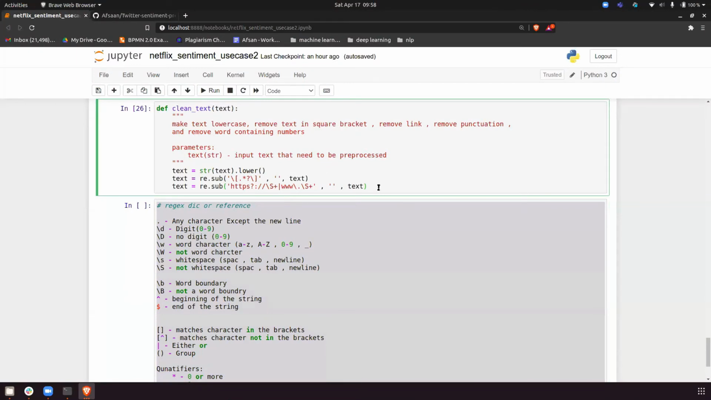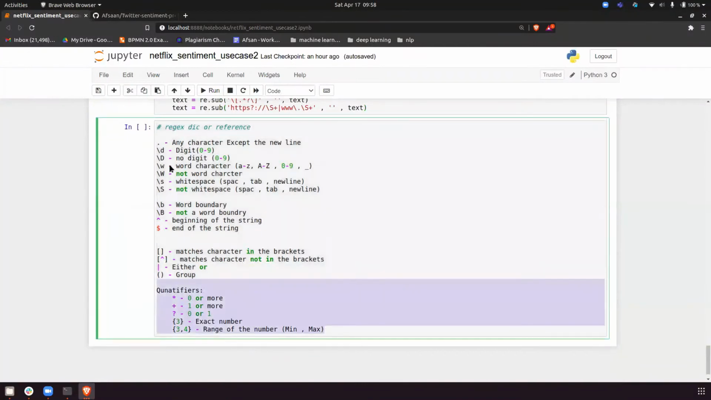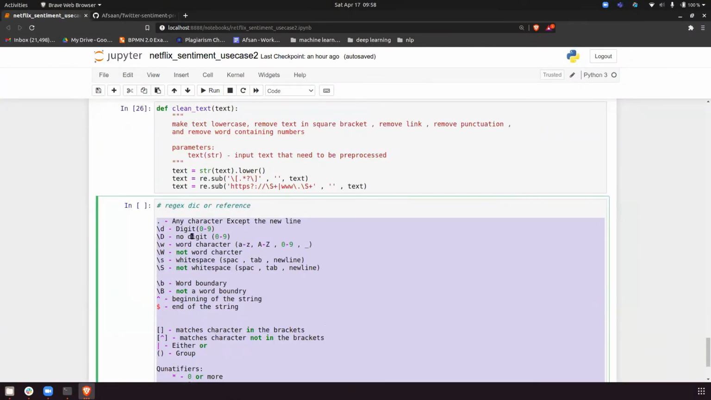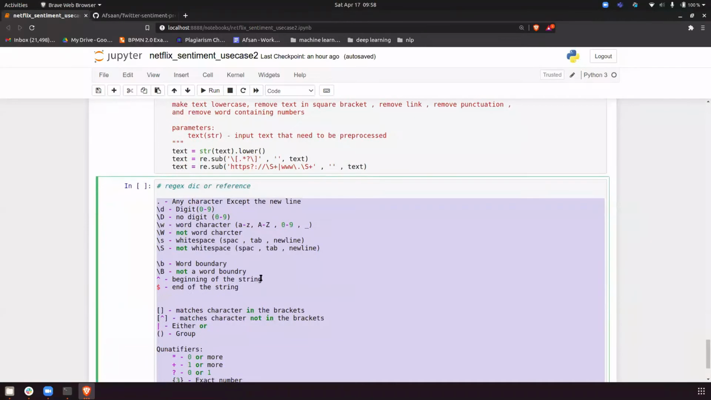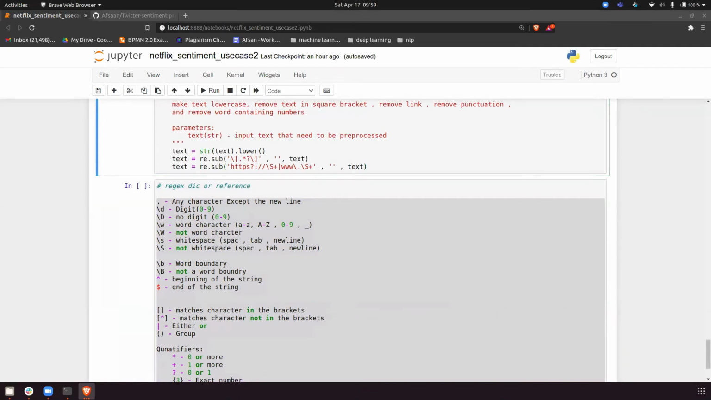So this is clear to everyone. Regexr is a website where you can test the data. This is a regex reference that I gave to you. Whatever I'm writing, you can go there and see what I'm typing. So till here is clear to everyone. Then the next thing is